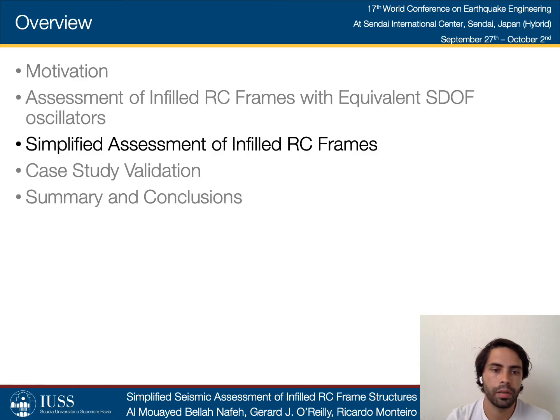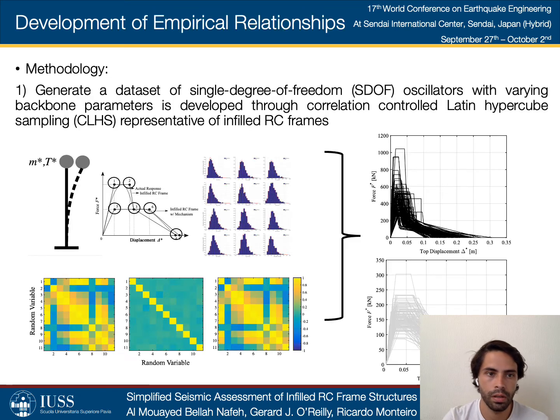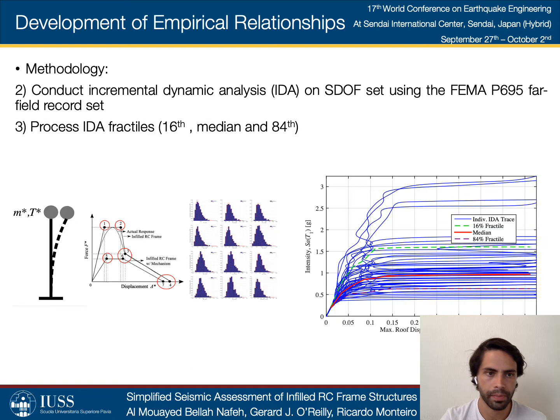With regards to developing empirical relationships for simplified assessment of infilled RC frames, a dataset of SDOF oscillators adopting the proposed SDOF modeling approach with varying backbone parameters is developed through correlation-controlled Latin hypercube sampling, representative of infilled RC frames. CLHS is used to reduce unintentional correlations between the different random variables. This is followed by incremental dynamic analysis on the SDOF dataset using the FEMA P695 far-field record set